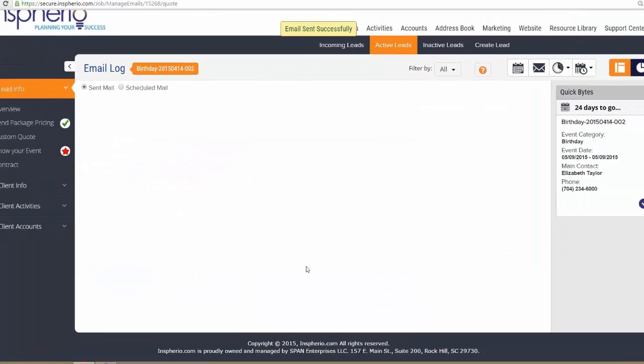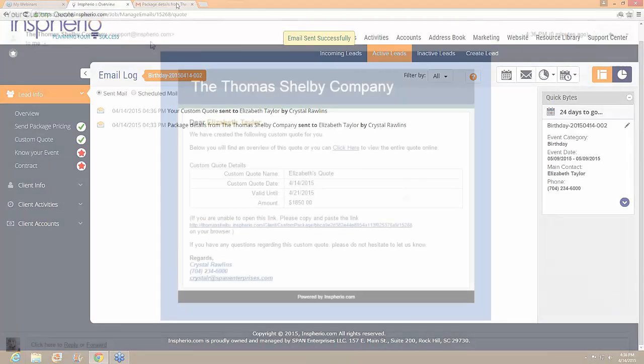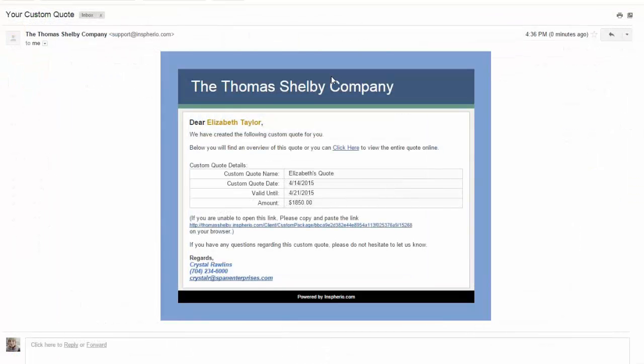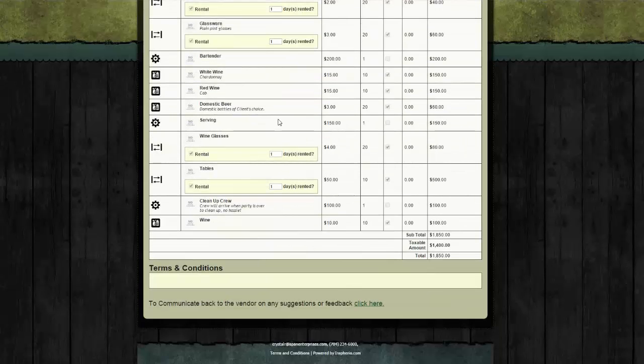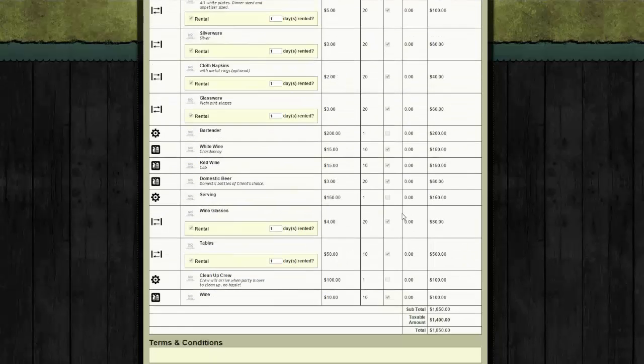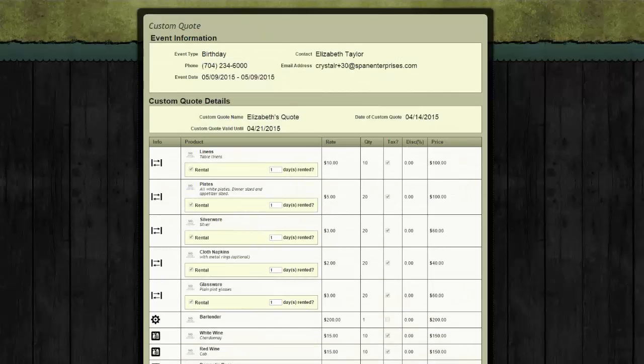Now again, I'd like to show you what the client, Elizabeth Taylor, is seeing. Just like you saw before, if she clicks here, once again, she's going to have a layout of all the details and all that's included in that package, the birthday party package. Pricing, now she knows what she's getting. This is what you guys have agreed upon. So we'll go back